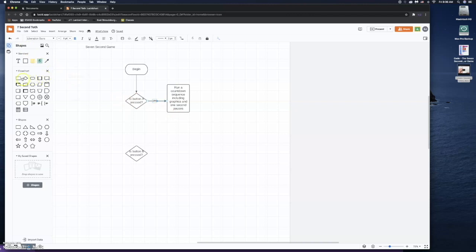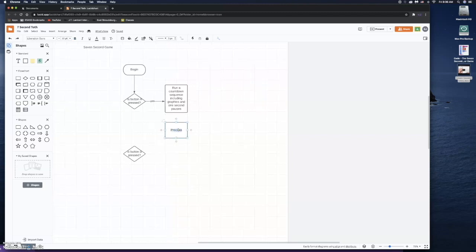Now, there's one other thing that happens that's really important, and that is we are going to set start time to running time